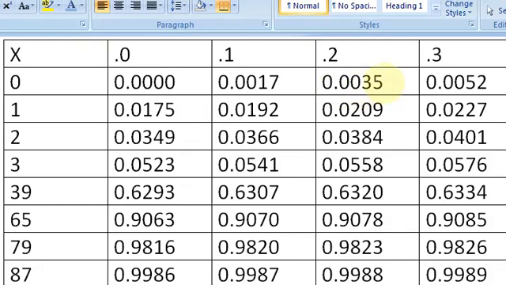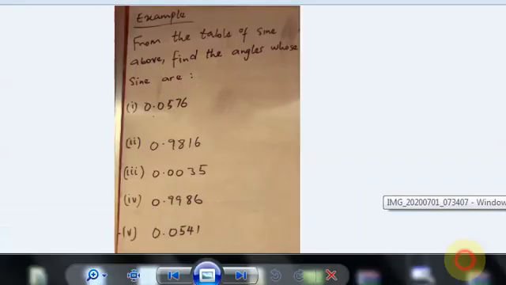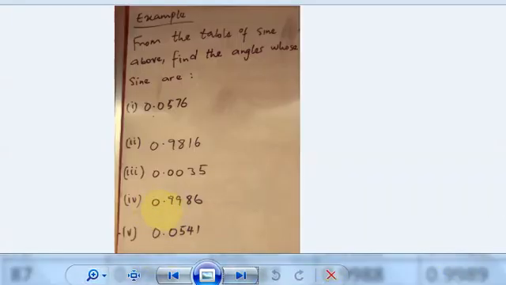Remember, to be able to find the angle, the first thing is to know the area where the number is. Having gotten the area where the number is, we now trace it horizontally under x. Okay, this is it. It is 0, and that is going to be 0 under 2. And our answer here is going to be 0.2 degree. In number 4, we are asked to find the angle whose value is